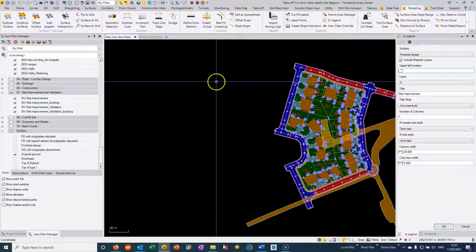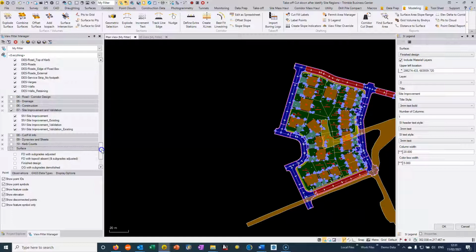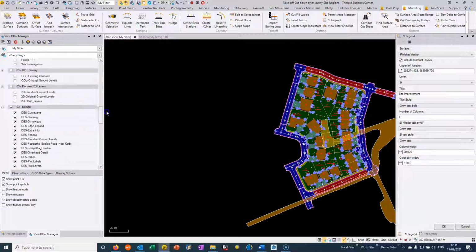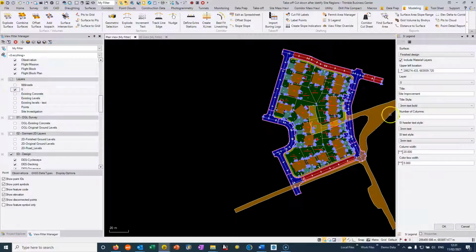I then can just click where the upper left corner of the table would be. The layer, generally I would put it in a layer in with the site improvement and validation layer. I'm just going to put it to layer 0 just to show the steps. I can give it a title. I can choose my text sizes, so I'm going to choose